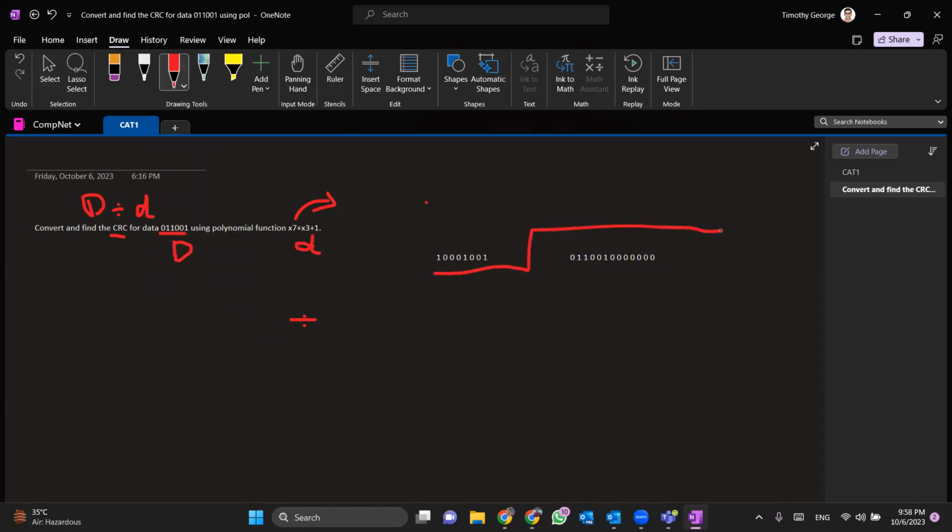So long division, right? And I'm going to add here. So here's going to be our quotient. In binary division, we generally start with the first leftmost non-zero value, which is this one. We use that, and what we do is we do XORs,